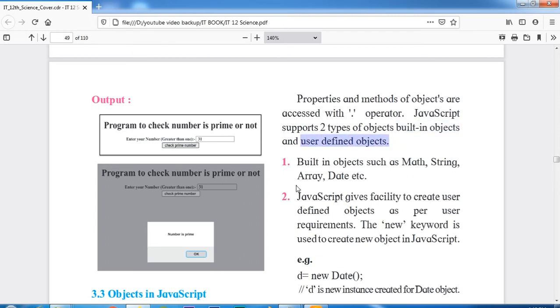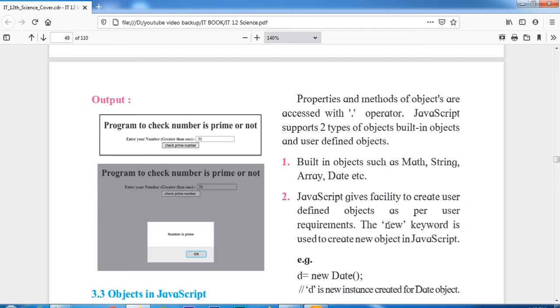There are some built-in objects, and there are some user-defined, so you can define objects as you want. Examples of built-in objects are Math, String, Array, Date. And JavaScript gives the facility to create user-defined objects as per user requirement.